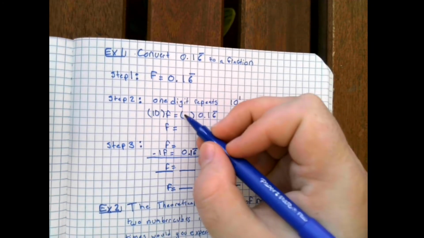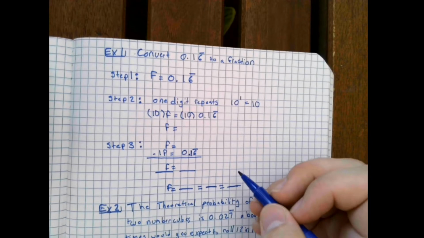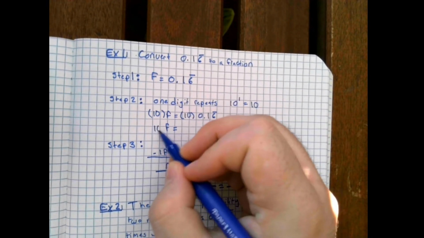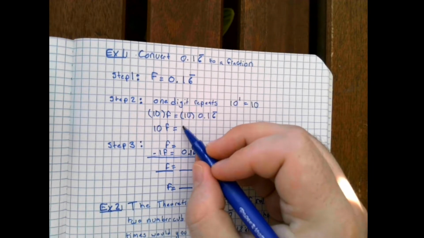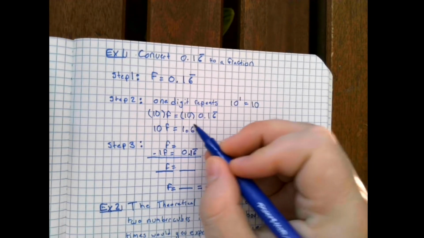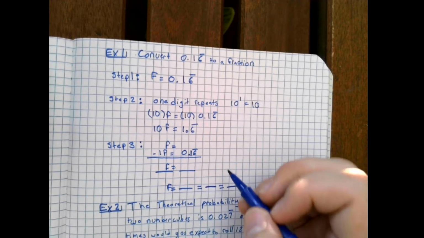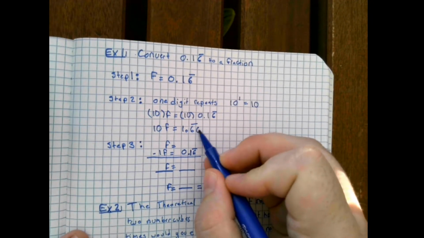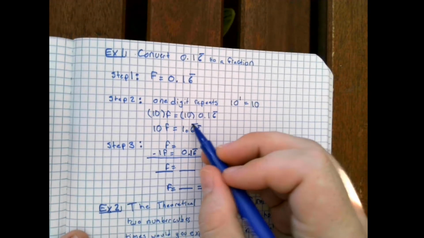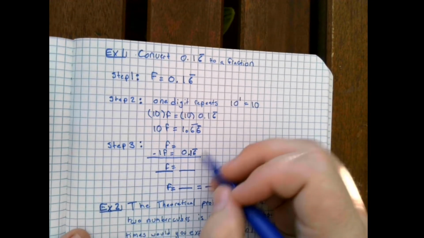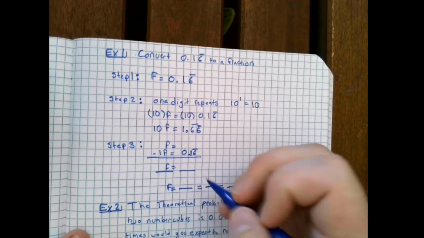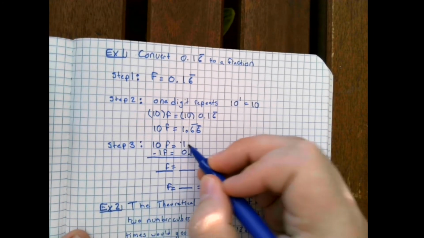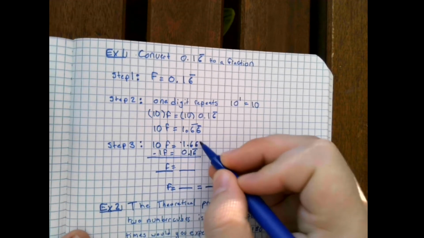So we'll have 10f equals 10 times 0.16 repeating, which will give you 10f equals 1.6 repeating. You might even have 1.6 and then the 6 repeating, because we're going to need to subtract that 6 repeating down here. So if we have 10f equaling 1.66 repeating,